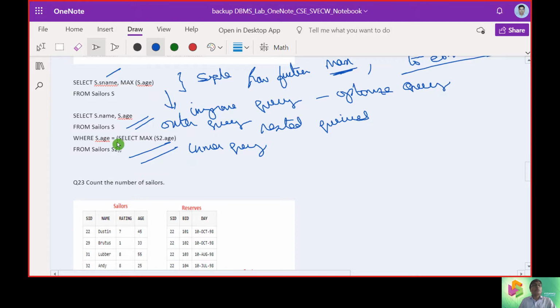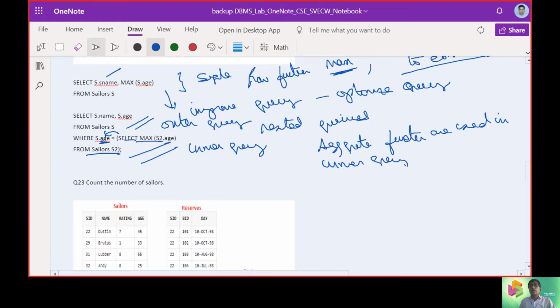Now, first we are going to compute the age, moving the age to s.age. We will find the maximum age from one instance of sailor, put this here as a condition, and bring the name. So aggregate functions are used in the inner query here.